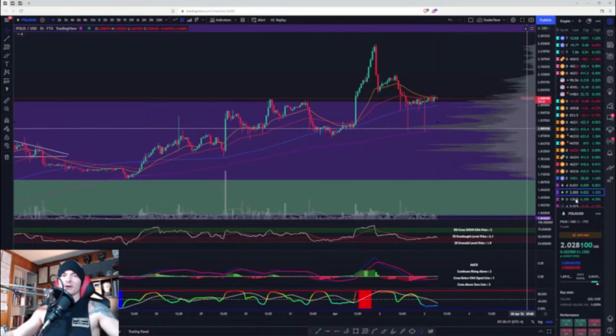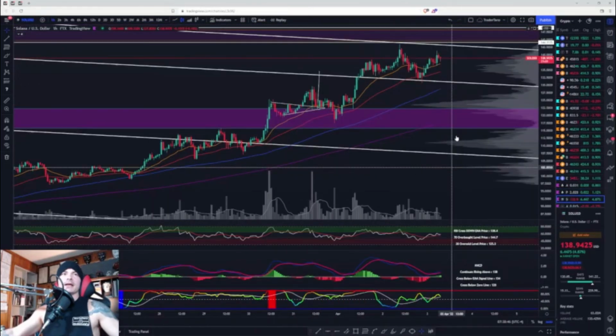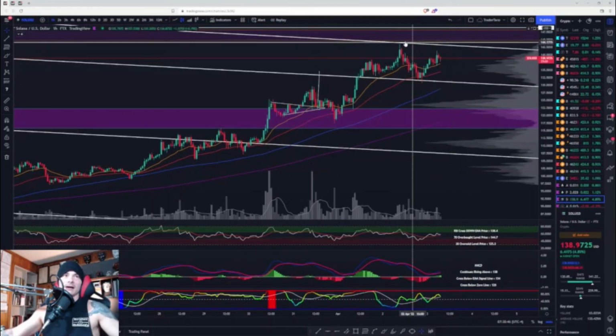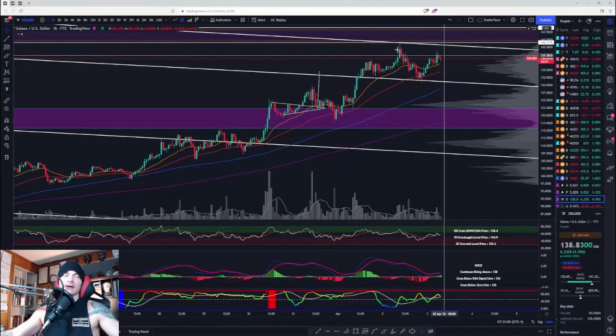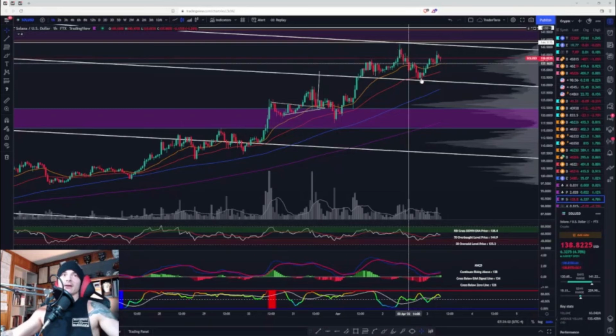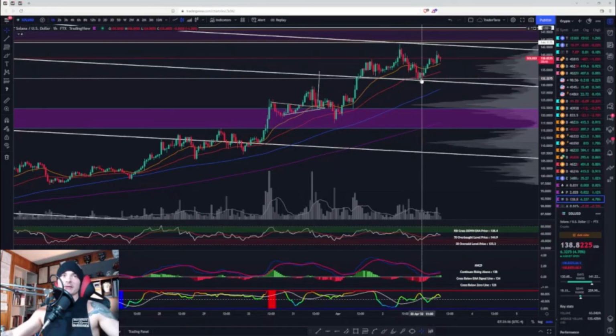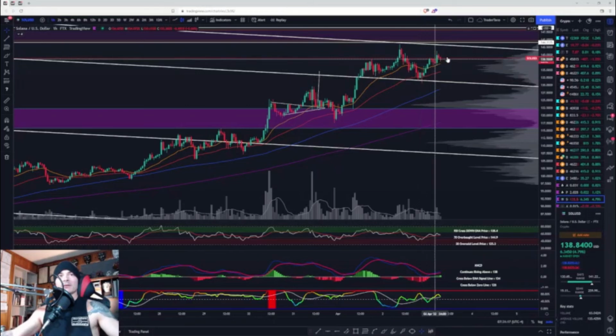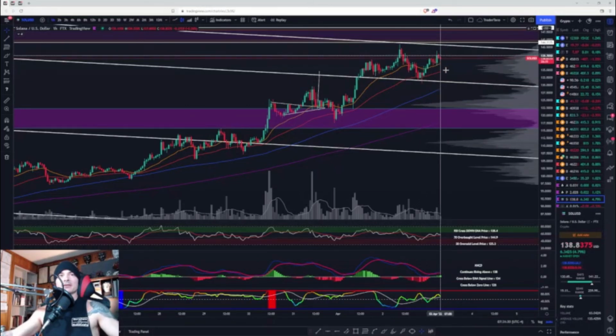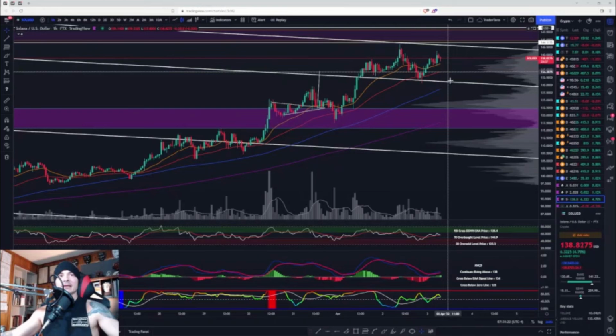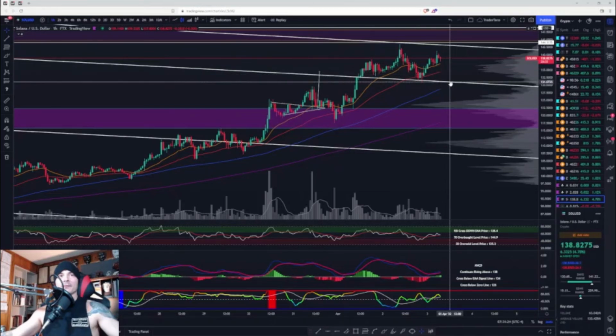All right, so let's move on to Solana. Once again, we did get front ran of this. Okay, so I was wrong. Instead of 145, we got 143.33. Not too bad. Now, we did get a lower low. We did come back down like we said and tested this last region. Now, we don't really want to get a lower low here, because then we could come back down to the 50, make a double bottom.